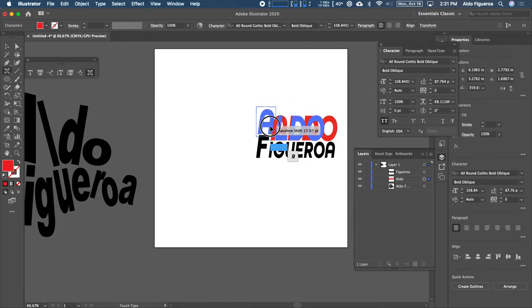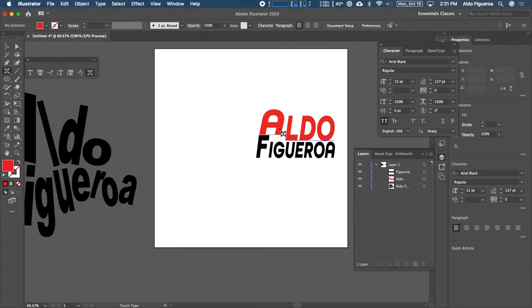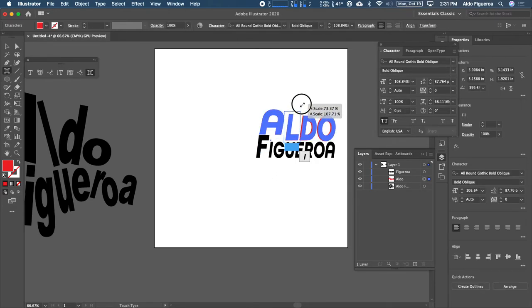I could move this one, say, what if I want the A on top of the F? Maybe I want them to be the same, or maybe I want this to be a little bit longer. I could do something like this, where it's standing right there. Maybe make this one closer. You can see the different things that you could do with this. You could have fun with it. Maybe I want to put the D in here. Let me drop this one down. And the O, I could really rotate it if I want it. And let's try to put this guy